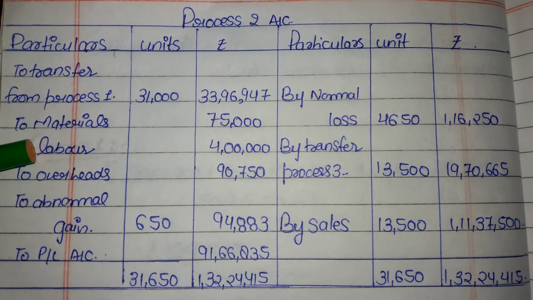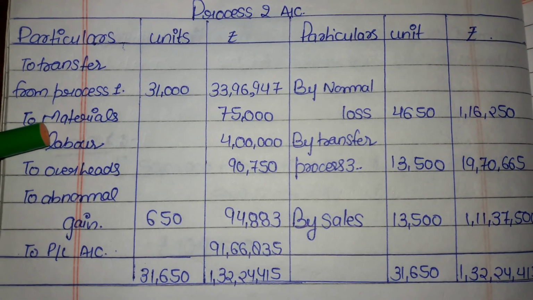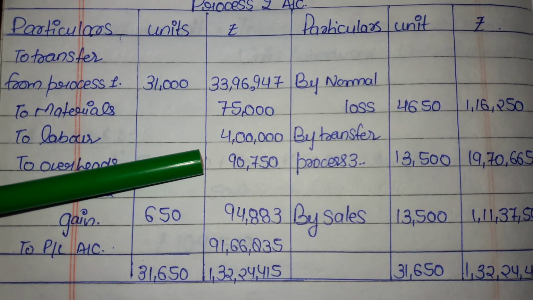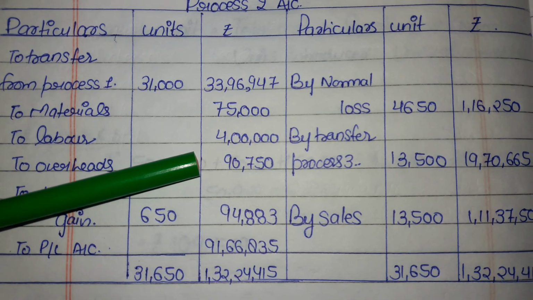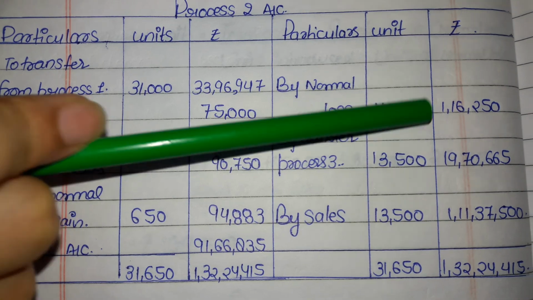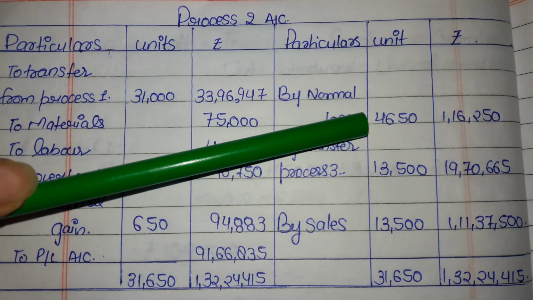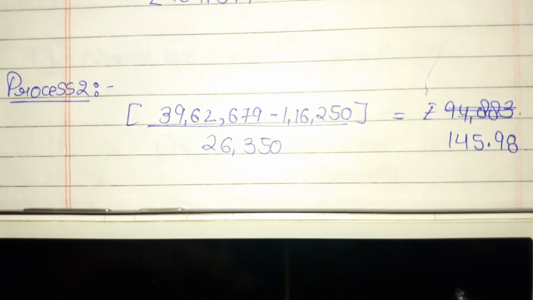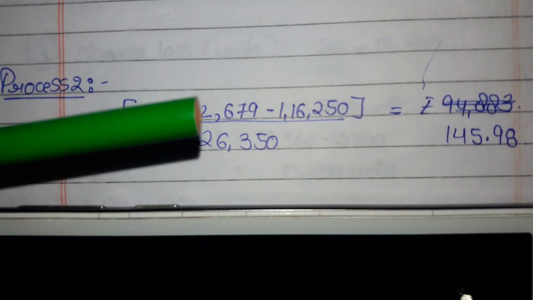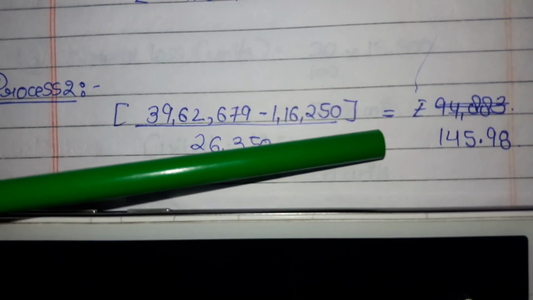You have already learned the formula of cost, this cost per unit. First we need to find out the total cost, that is this value plus 75,000 plus 4 lakh plus 90,750, and then you need to subtract the normal loss value, that is 1,16,250. After that you need to divide it by 31,000 minus 4650. So we have for process 2 the total cost minus normal loss divided by units introduced minus normal loss units, and we'll get the cost per unit, that is